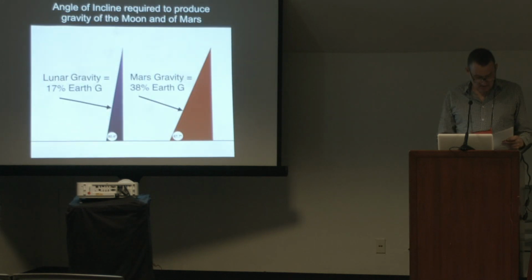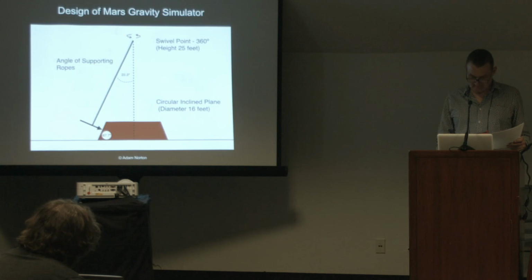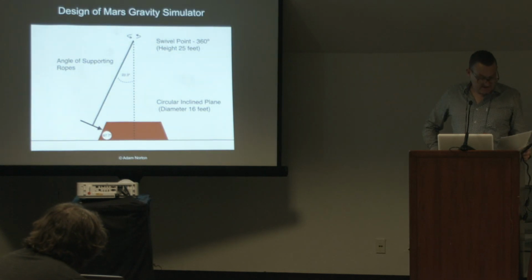So, the calculation to simulate lunar gravity requires an inclined plane of 80 degrees off the horizontal, whilst Mars gravity, stronger than the Moon, requires the inclined plane to be just less than 68 degrees. For the Mars gravity simulator that I developed, I took the principle of the inclined plane simulator but made some